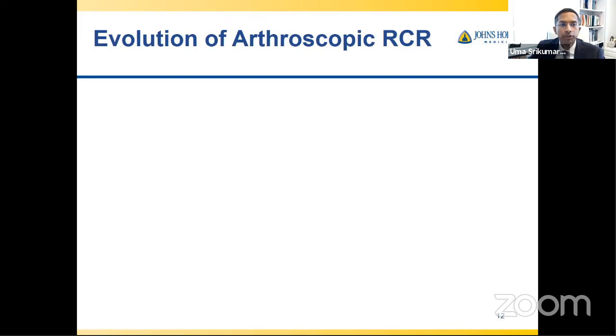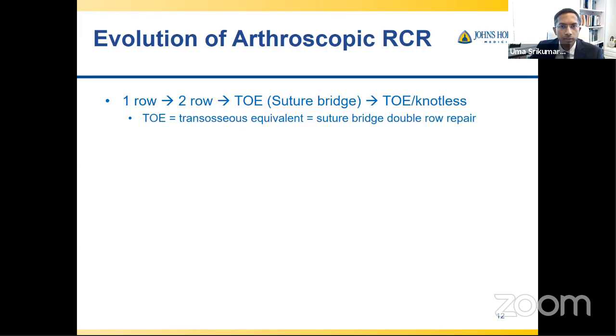So considering the evolution specifically of the arthroscopic rotator cuff repair, it initially started with a very simple single row anchor, maybe a single suture loaded in each of those anchors, then advanced to a double row, two rows that were independent, so four anchors in separate areas of the greater tuberosity, medially and laterally. Then it advanced to what is referred to as a TOE, or transosseous equivalent, also considered a suture bridge technique, where the sutures from the medial row are integrated into a knotless lateral anchor, and those sutures bridge over the rotator cuff tendon into the greater